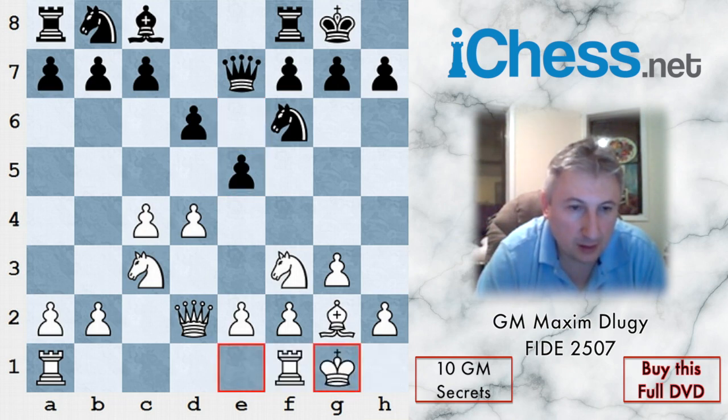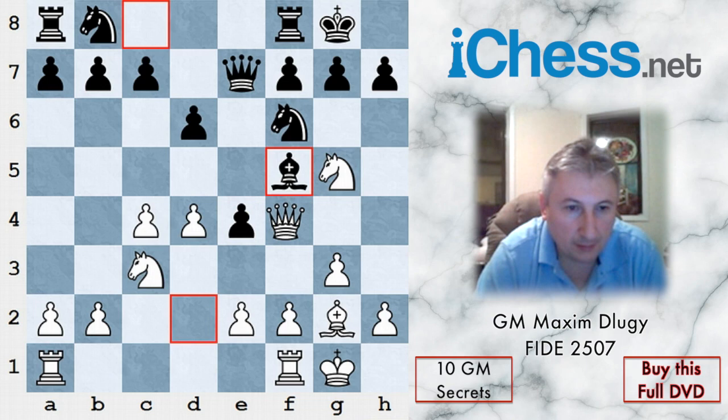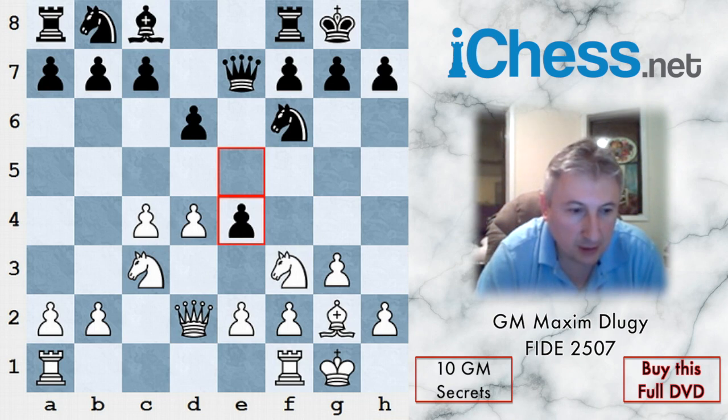Now it's possible that black would like to play e4 to kick the knight from f3, but the problem with that move is that after knight g3 the e pawn is hanging, and after bishop f5 white simply plays queen f4 with a double attack, winning the e pawn. So because that's not possible,